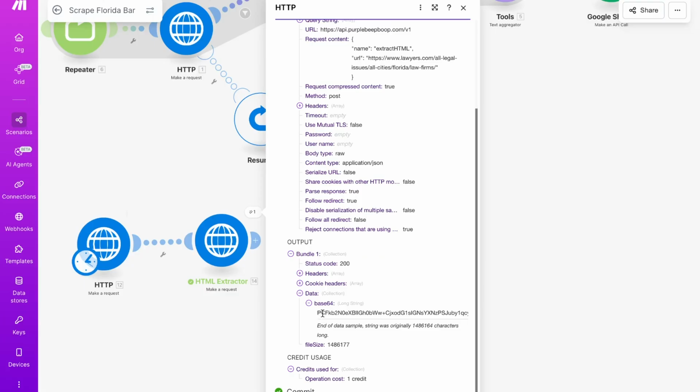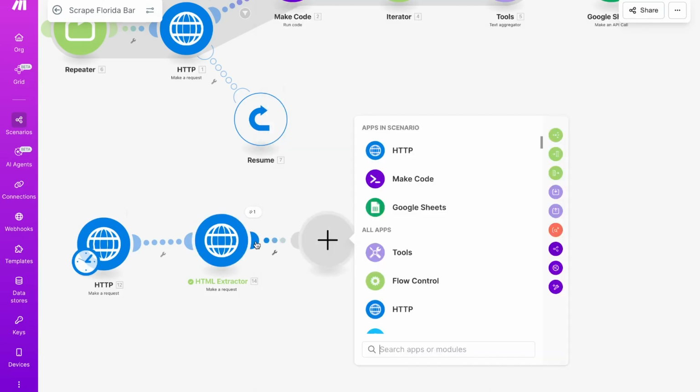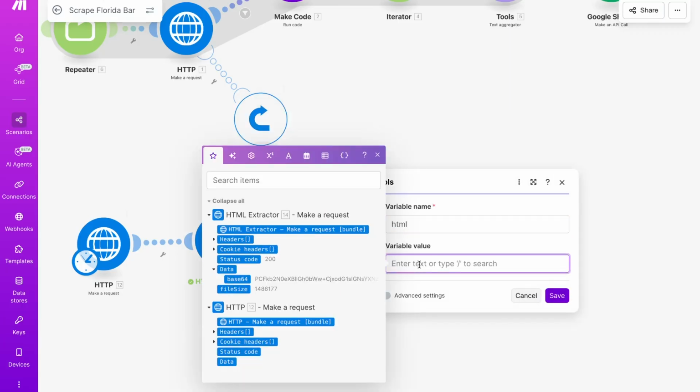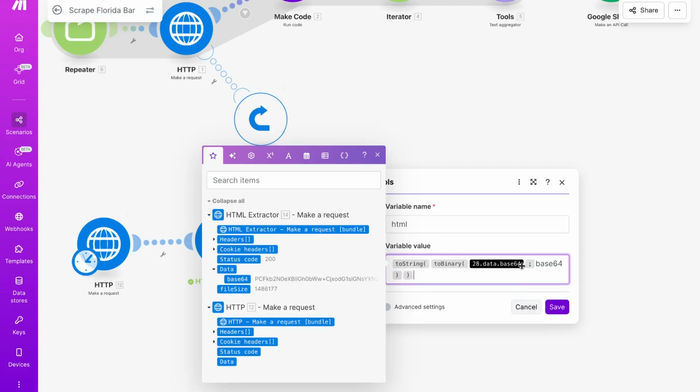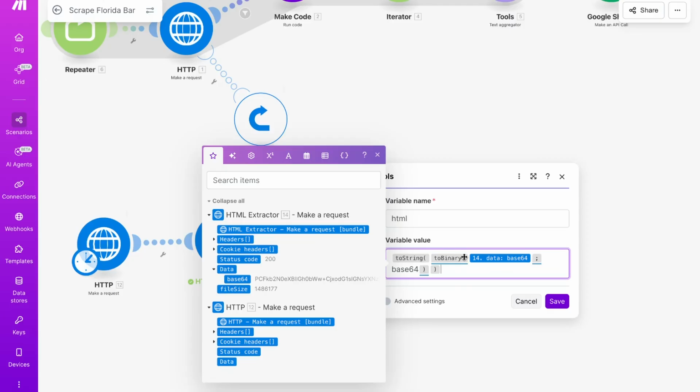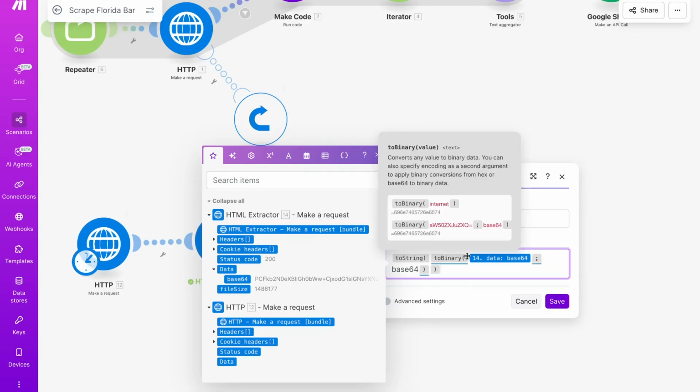Now it's stored in base64, so we actually have to convert this from base64 to a string, which we can do by putting that in a variable. Set a variable, let's just call it HTML. And the variable value is going to be this. So this is the syntax that you're going to need to write in order to convert